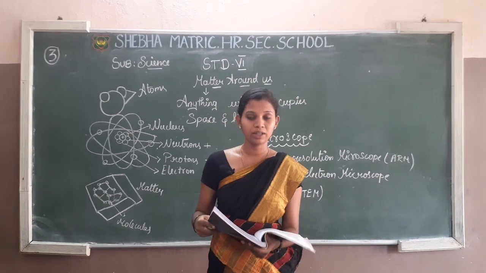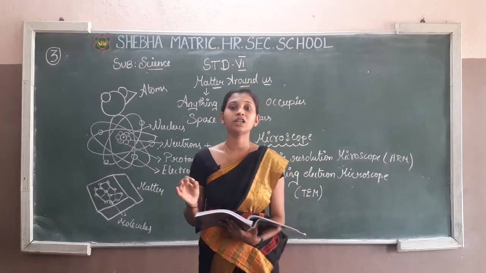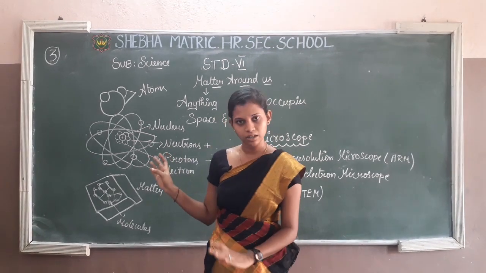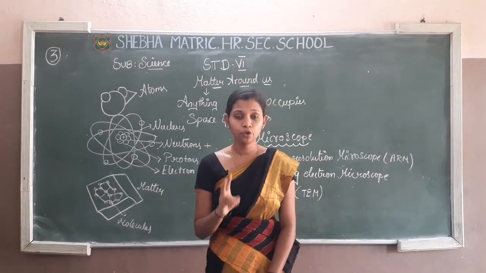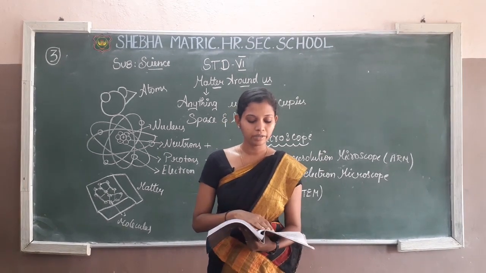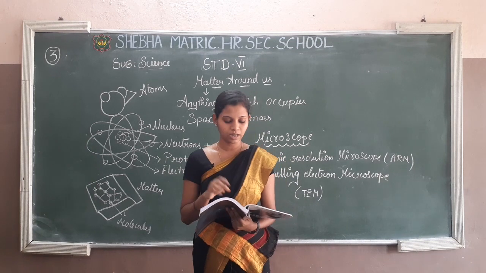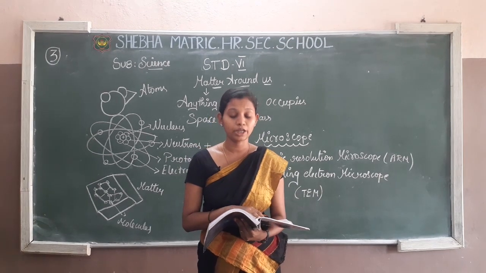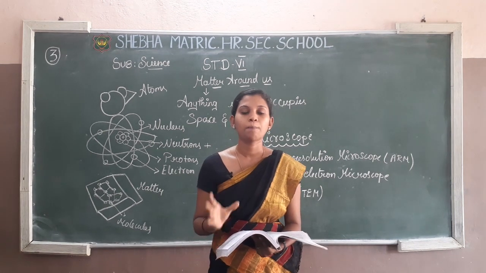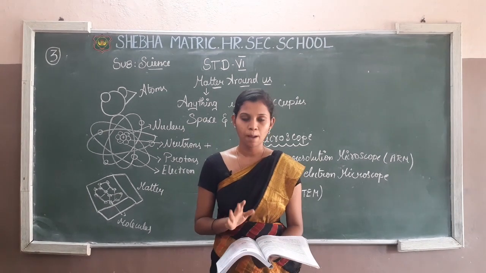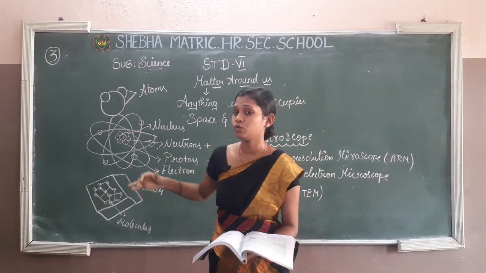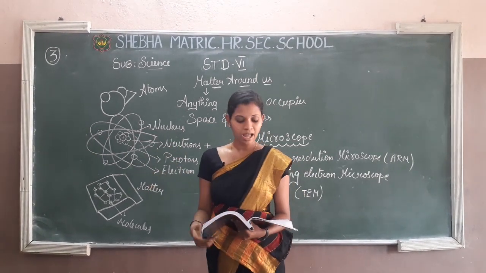Now in the book they have given a clear explanation. Physical nature of matter means everything in nature. In nature there are two philosophers: one is the Indian philosopher Kannada, and the other is the Greek philosopher Democritus. Our Kannada said that nature is Paramanu. And what did the Greek philosopher say? Nature is atom, which we saw just now.